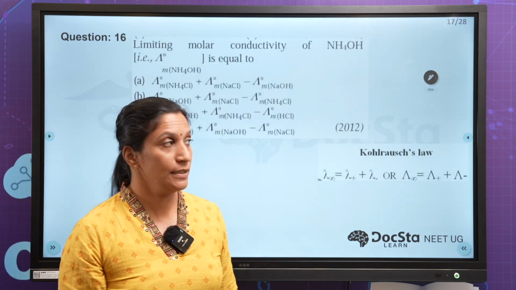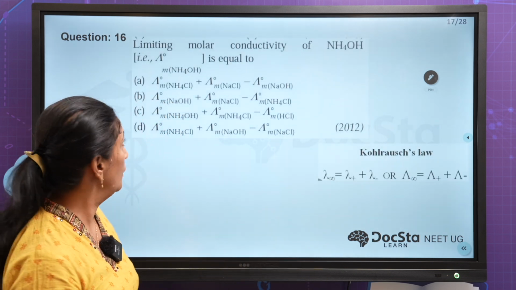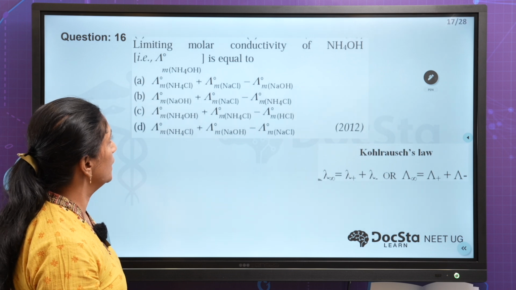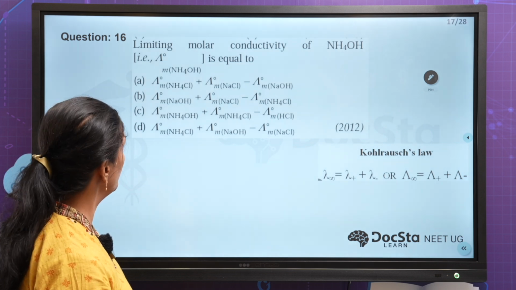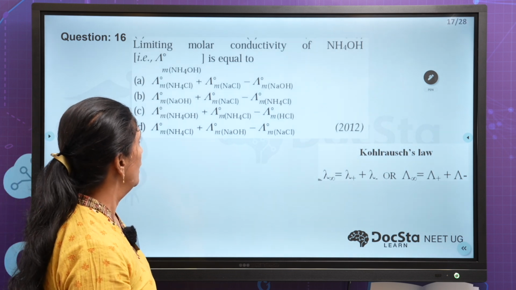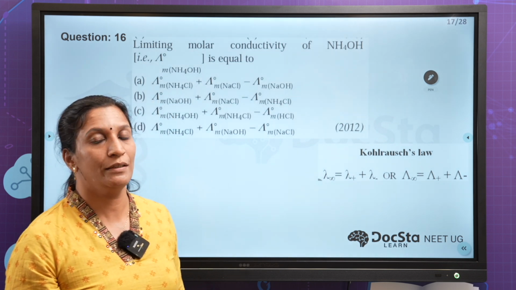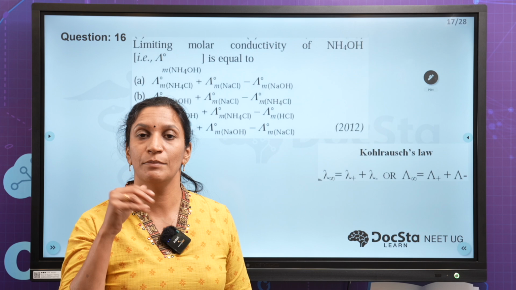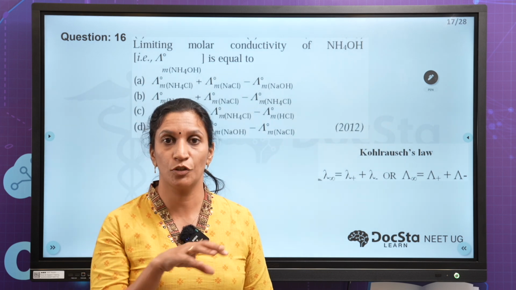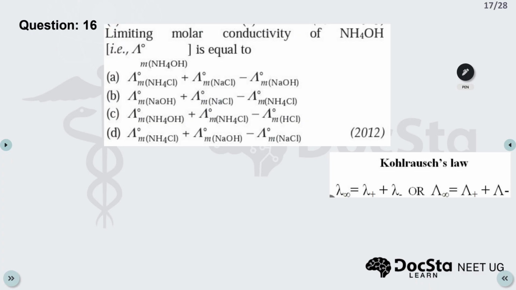So the next question is based on Kohlrausch's law. That is, we have been asked to find the limiting molar conductivity of ammonium hydroxide solution. We need to look at the given options to see which electrolytes we can choose to evaluate the limiting molar conductivity of ammonium hydroxide. So the molar conductivity of ammonium hydroxide, if I am writing lambda m0 of ammonium hydroxide, we know it's the sum